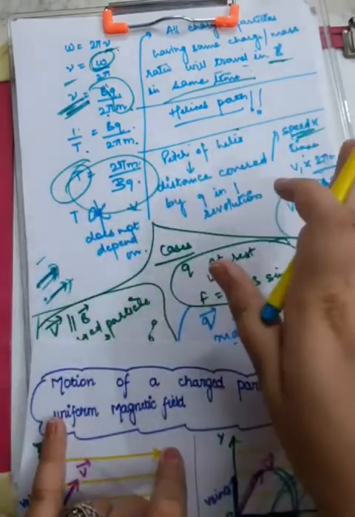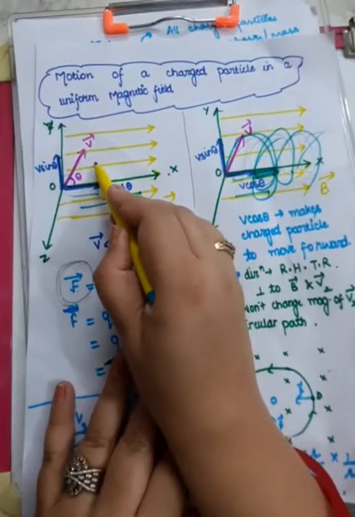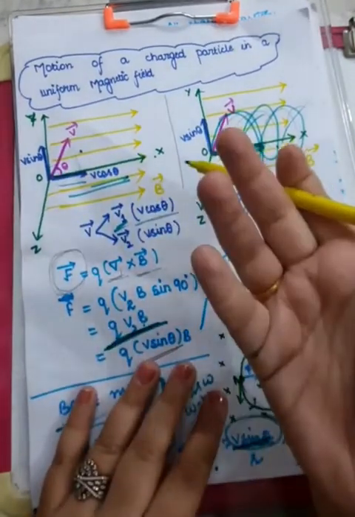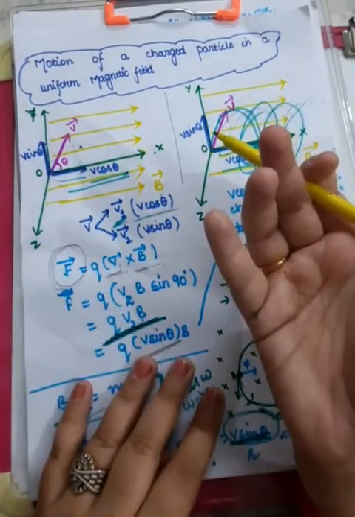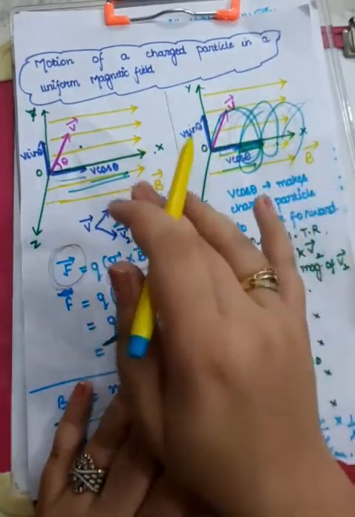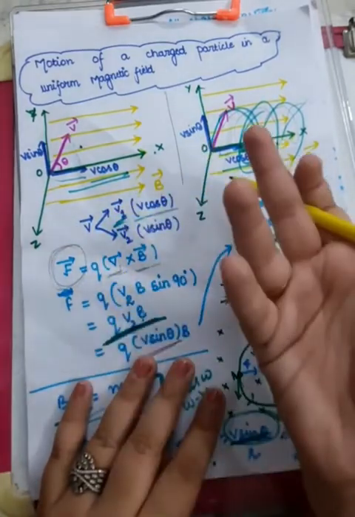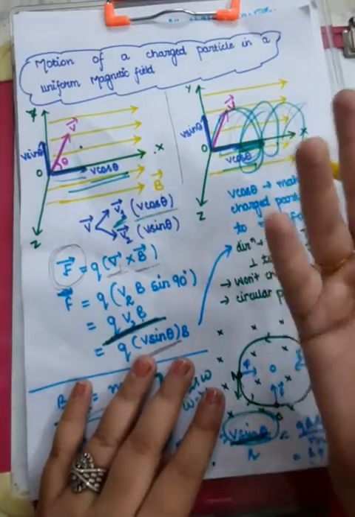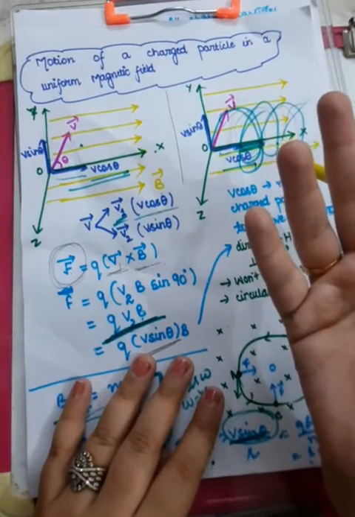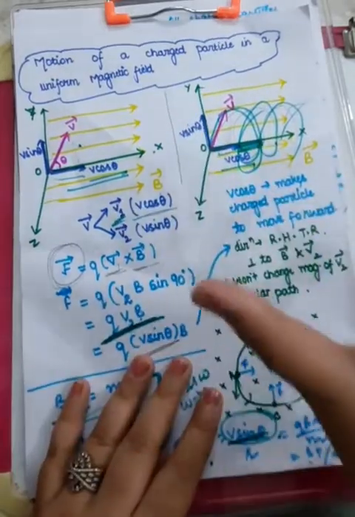So this is done. Now there are a few cases that are required to be discussed. Suppose the charged particle is at rest over here. If the charged particle is at rest, that means it has no velocity. If it has no velocity, you cannot resolve that velocity into any component. At the first step only, F is equal to Q V B sin theta. Put the value of V as 0, and you are going to get 0 force. That means if the charged particle is at rest in a magnetic field, it is going to experience practically no force due to that magnetic field.